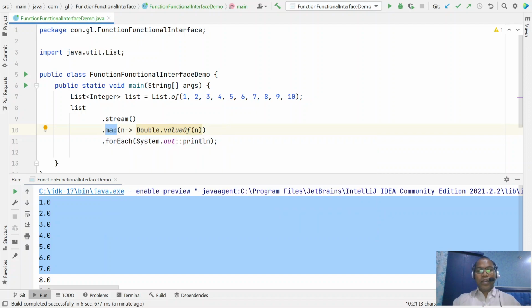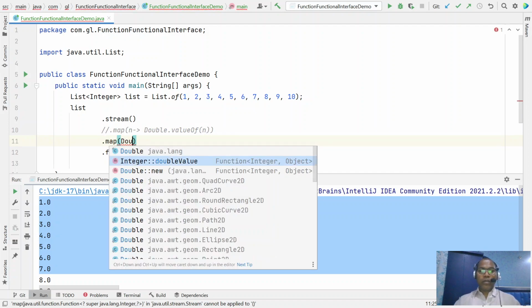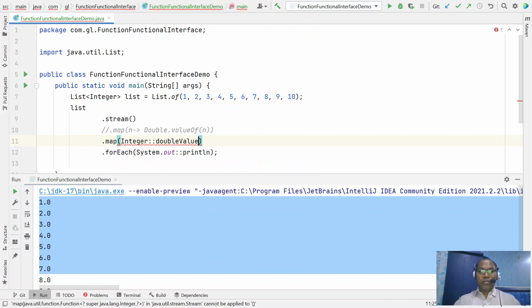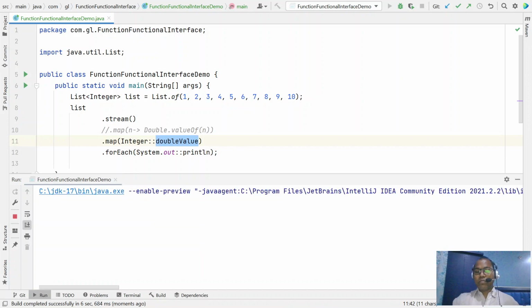Even you can write this using dot map with Integer dot doubleValue. The Integer class provides a method that takes input and returns a double value. Here also you are using the functional interface Function.